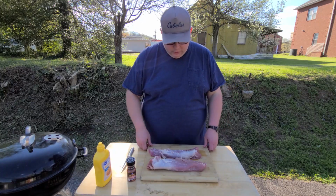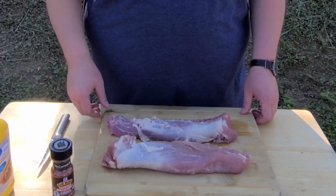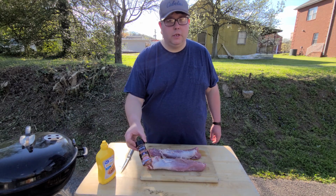As always, I've got my Weber kettle set up for smoking, and I'm gonna cook a couple awesome pork tenderloins. Hey guys, it's really simple. I've got a couple pork tenderloins here, and I'm just gonna be using a couple ingredients to go with those. I'll have some yellow mustard just to use as a binder, and some of this McCormick's Chipotle roasted garlic seasoning